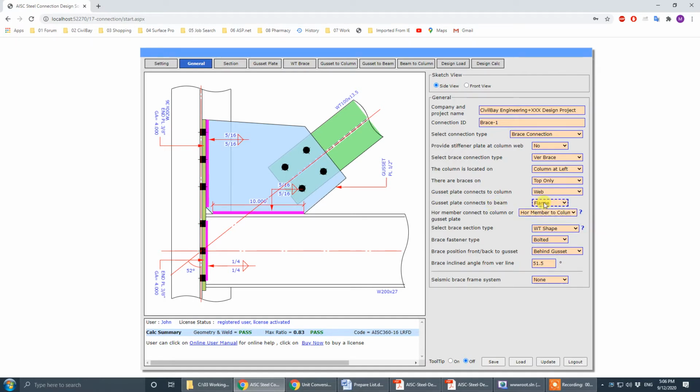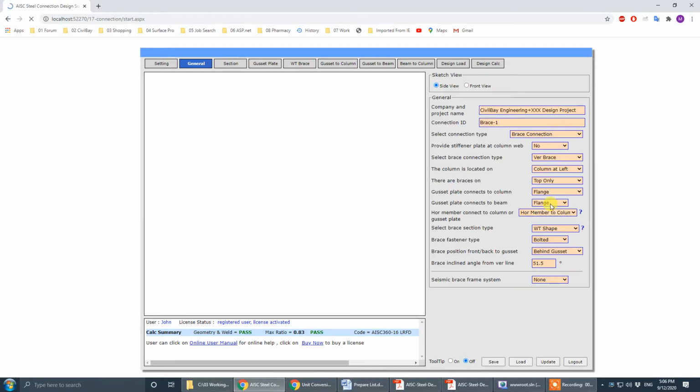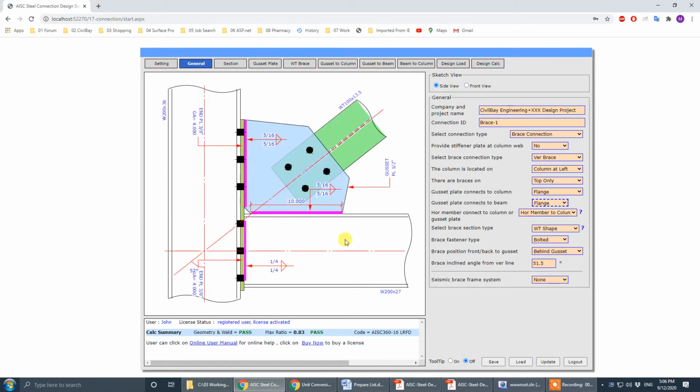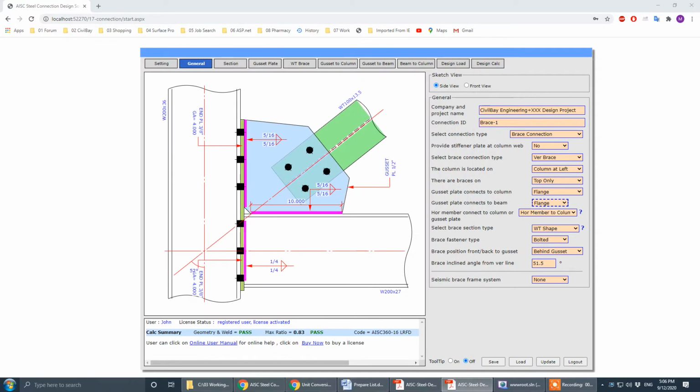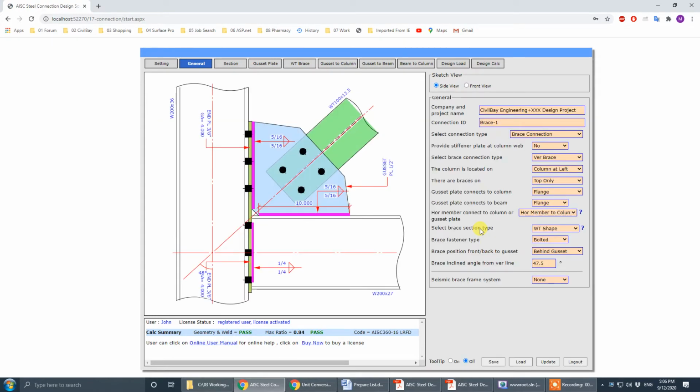It's the gusset connected to column flange strong axis. Okay, so the angle 47.5 to vertical, and the section,